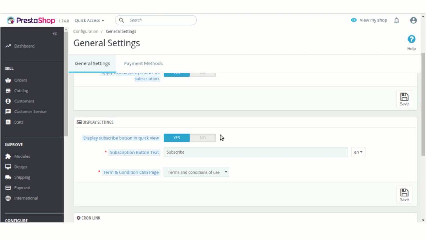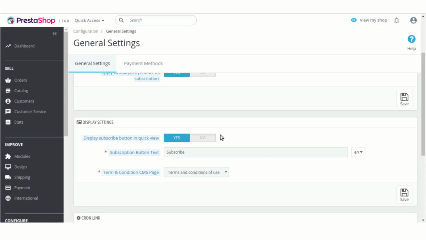The checkout page of the subscription product is different from the default one. Here, if a customer tries to order a subscription product, then he is redirected to a completely different checkout page. On that checkout page, which is offered by the module itself, there is an option to agree to the terms and condition which a customer needs to agree before ordering a subscription product.